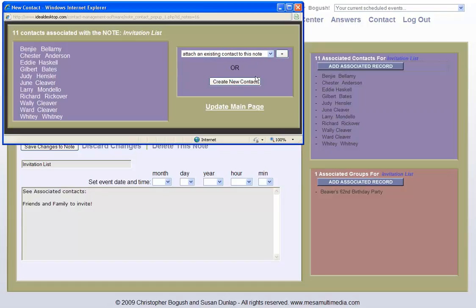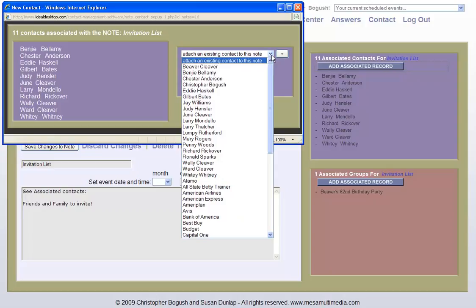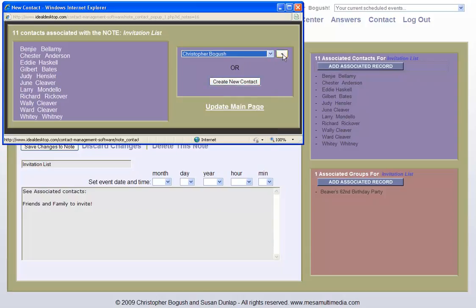And over here I've got two ways of adding a new listing to this list, or a new record to this list. I could create a new contact right from here, which would be very similar to what I just did to create the Christopher Bogusch record. But since I just did that earlier, I'm going to go ahead and look for my own name. There it is, Christopher Bogusch. I'm going to highlight that, and I'm going to hit the plus sign,